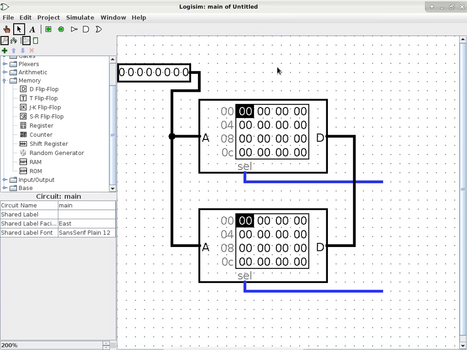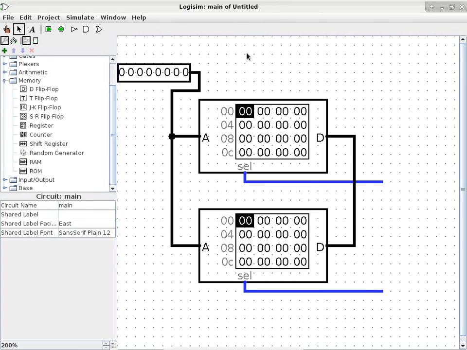Yep. So is the A going to be the location on the module where you write to? The port A is what you use to tell the memory chip which location you want to access. And you can also tell right away that both chips are now selecting location 0 because that is what the input pin is specifying. Okay, so let me play around with the input pin a little bit so you can see how different locations are selected.